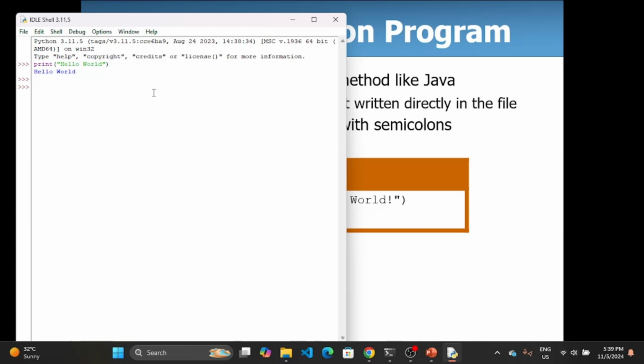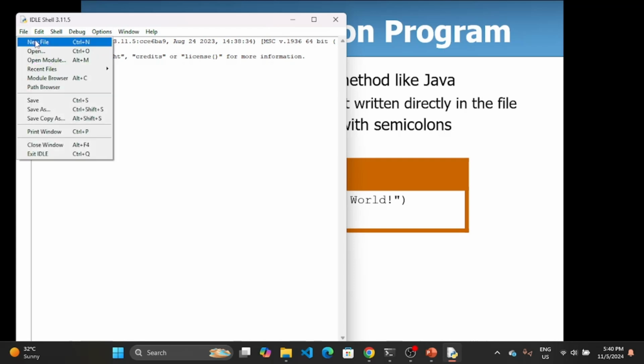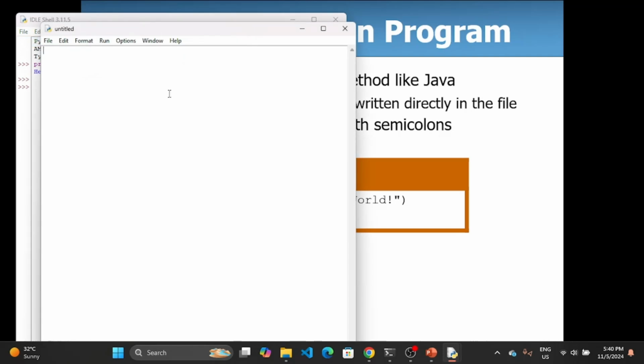So this is what we call the Python IDLE shell. This is just a shell. It's only to show us our outputs. So now to write my code or script, I have to come to File and click on New File. Now I can type code of multiple lines here. You can say print